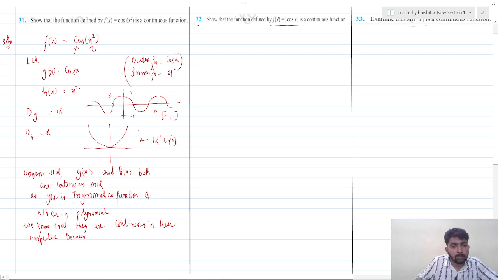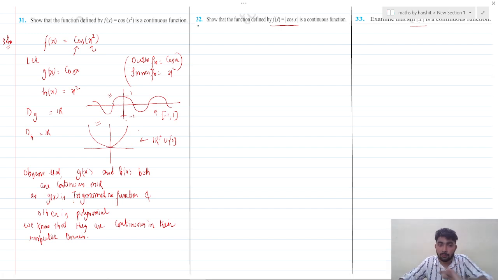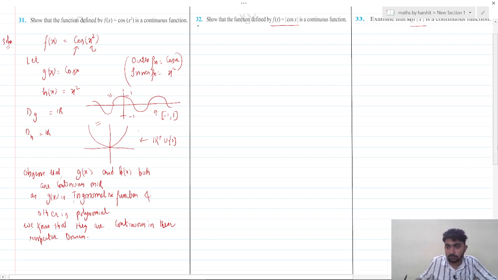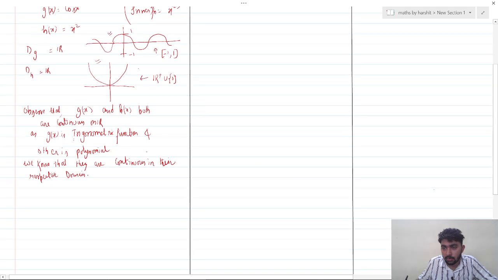Also, we can observe by the graphs of both that we can draw the graph of cos x and x square on complete R without lifting our pen. Okay. Now, as both are continuous, so it implies that their